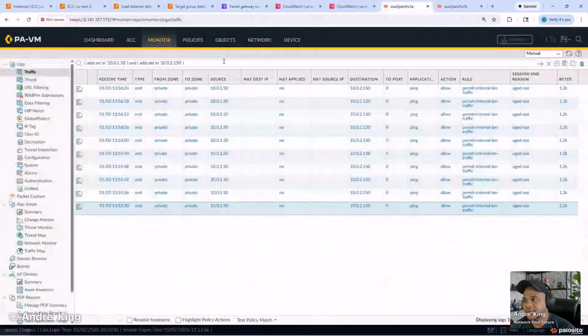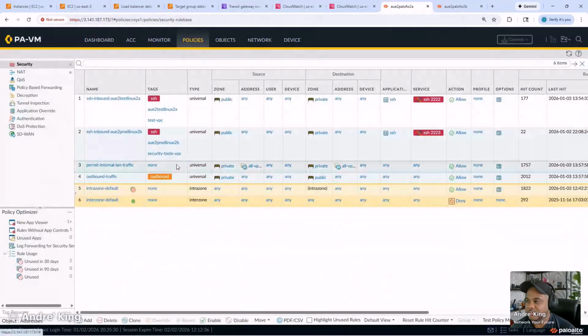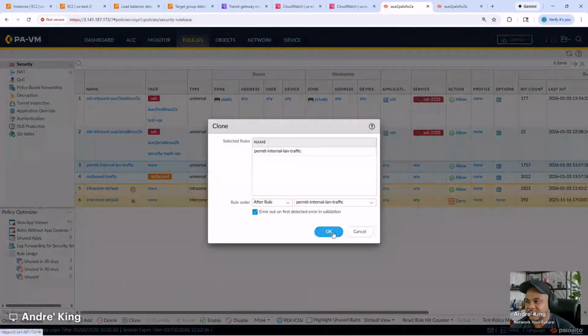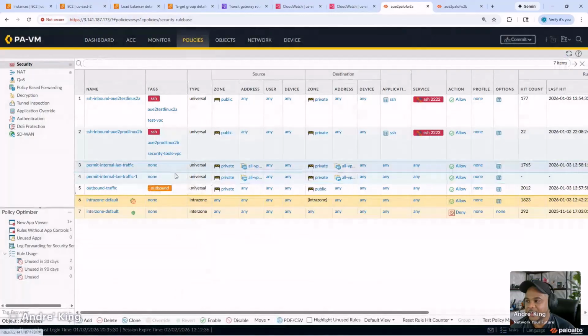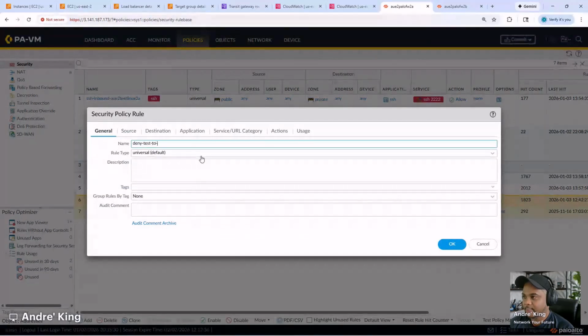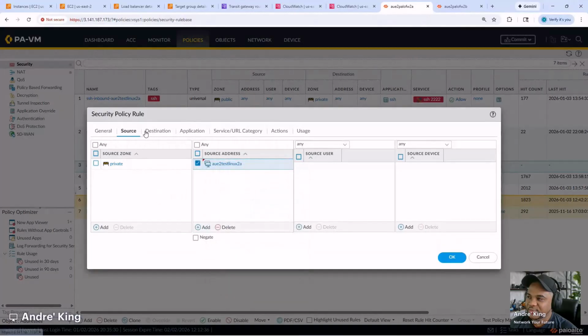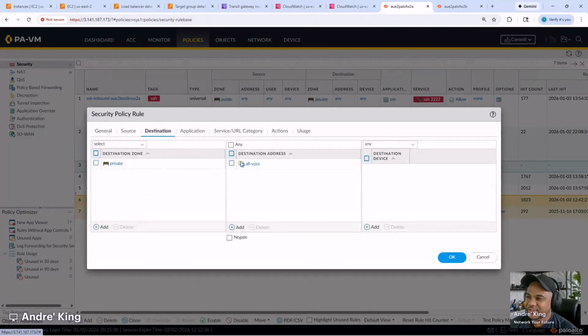But the other thing that we can also do is if we go to policy, let's say we want prod to be able to talk to dev, but not dev to prod. We can put a rule that's above this. So we'll just say clone. Okay. And if we had Panorama to centrally manage, it definitely would be easier. But we'll call this deny test to prod. And we'll just do one way and kind of end the video here shortly. So the source, of course, is going to be test. Did we say dev? We meant, yeah, test to prod. And the destination will be,